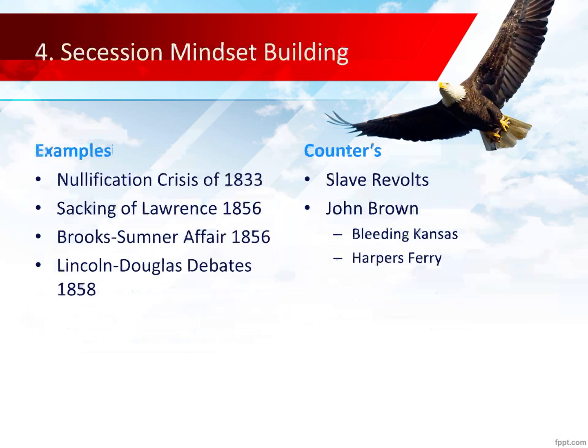All right, secession mindset is starting to build. Even just before this time period when Andrew Jackson was president, South Carolina mildly threatened to secede from the Union in 1833 over tariffs. They didn't like the protective tariffs against British imports into South Carolina, and they were going to nullify the tariffs into South Carolina ports. In other words, they weren't going to collect them. They weren't going to allow them to be collected. And they said, hey, if you collect these taxes in South Carolina, we're going to break away from the Union.